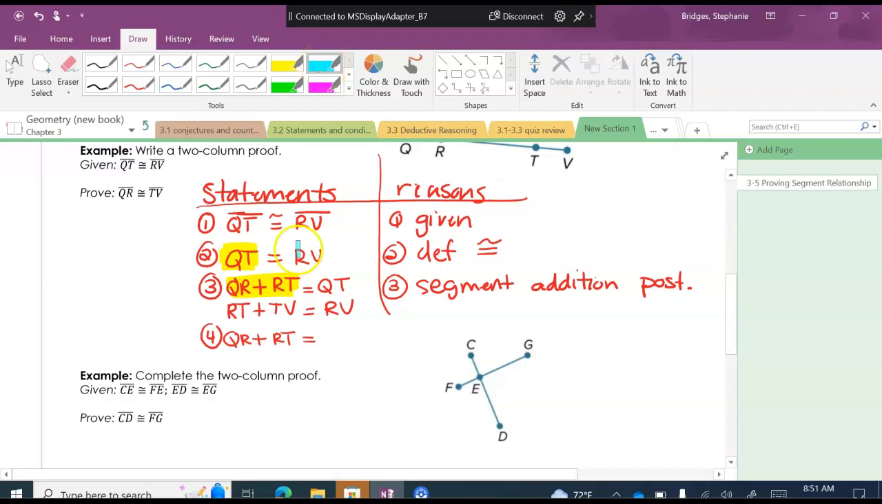Going back to my second statement, what is RV? What else is RV equal to? Besides QT. Look at step 3. What is it equal to? RT plus TV. So I'm going to take out